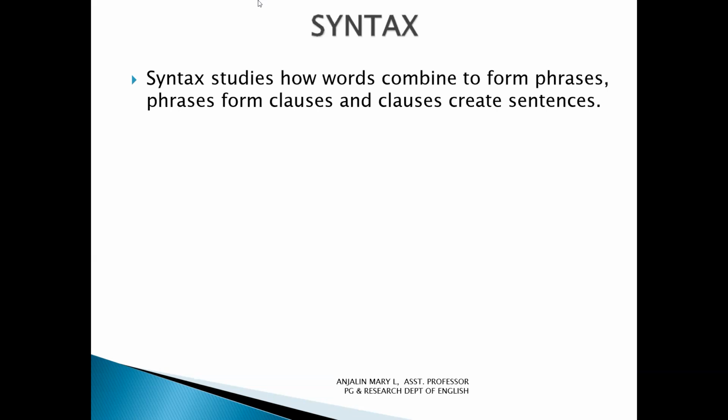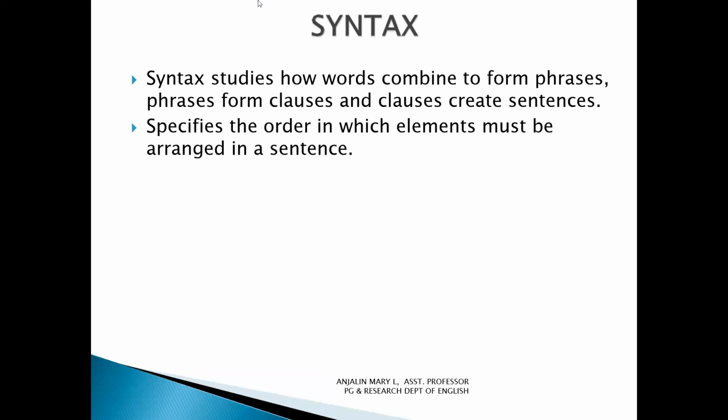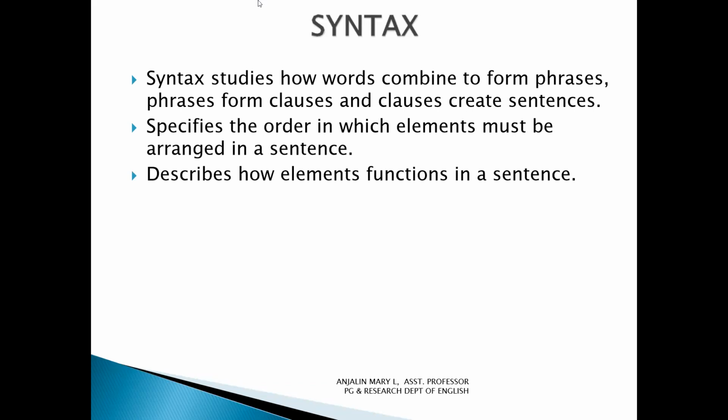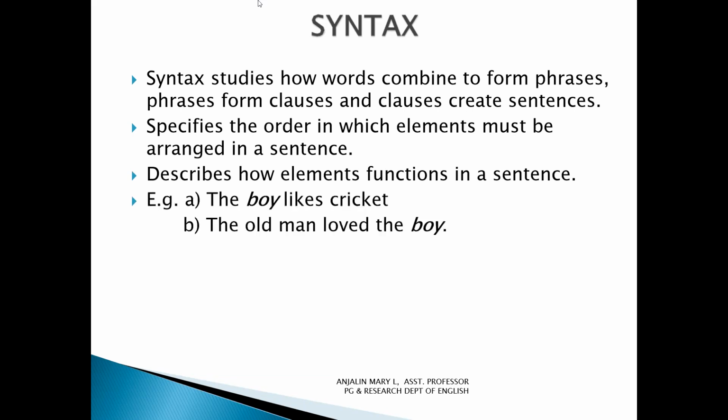sentences. Okay, the study of syntax also involves the description of the rules of positioning of elements in a sentence. You basically read about where the elements have to be positioned. Even that we study in syntax. A sentence must be composed of these elements arranged in a particular order. So syntax also attempts to describe how these elements function in the sentence, which means, what is the role of the